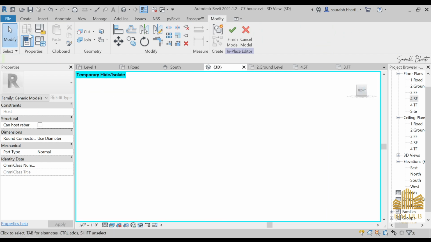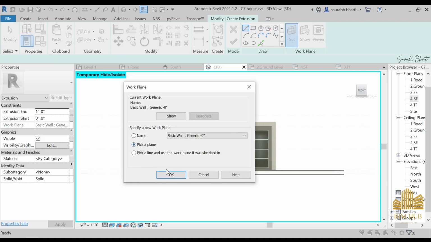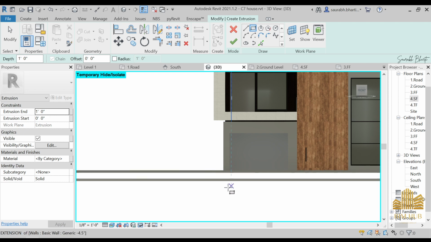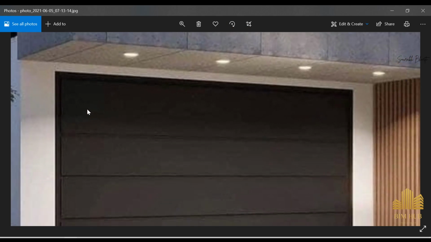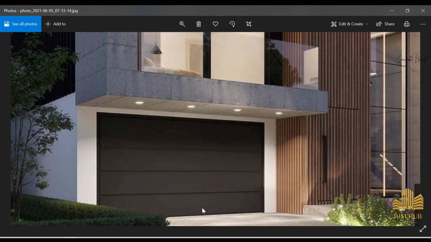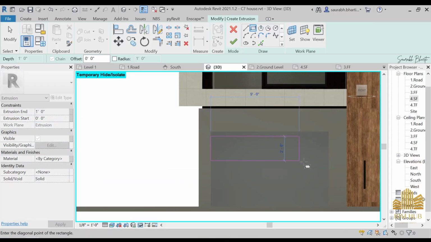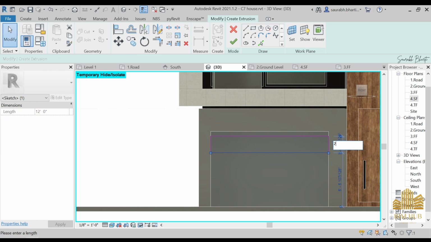Again go to the front view, again go to the extrusion, same set extrusion, pick a plane and pick this plane and then select this rectangle, and we have something like 1 2 3 4, okay 1 2 3 4 5, maybe 5. Okay, so just select the rectangle, make it something of 2 feet. Okay, 2 feet,